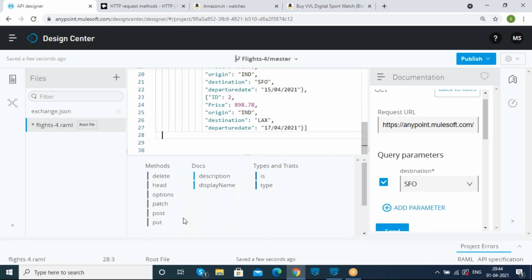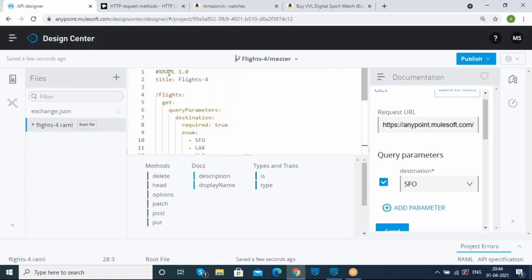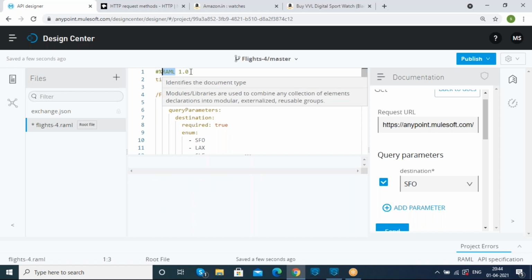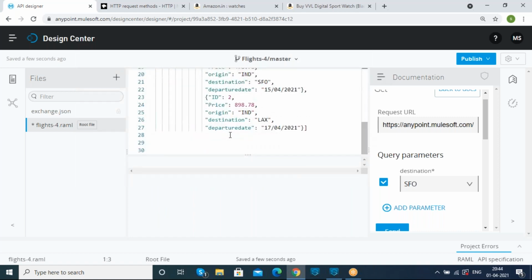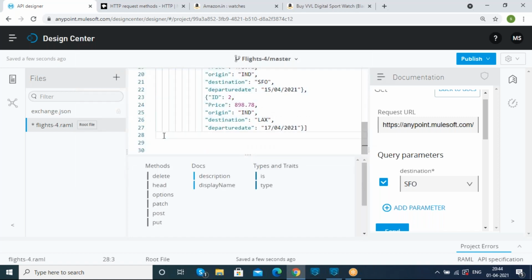So here, based on the spaces, we will be getting the options, because we are designing the RESTful services by using RAML. RAML stands for RESTful API Modeling Language, and based on this RAML itself, we are designing our APIs. This RAML code is internally supported by YAML, which is nothing but Yet Another Modeling Language, and it has space issues. Based on the different spaces, we will be getting different options in the shelf.